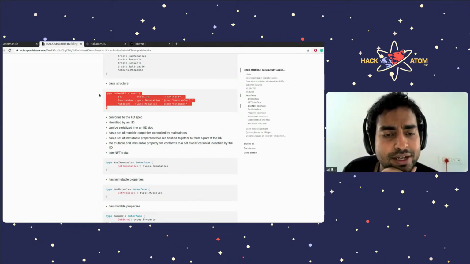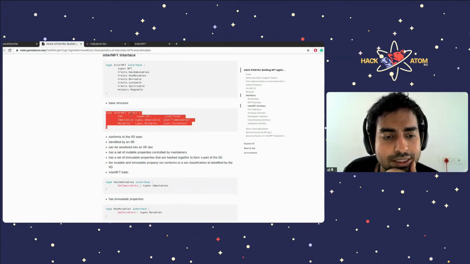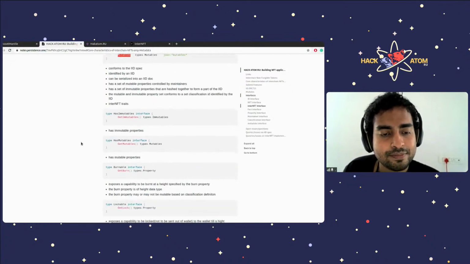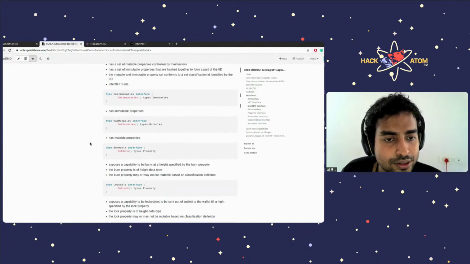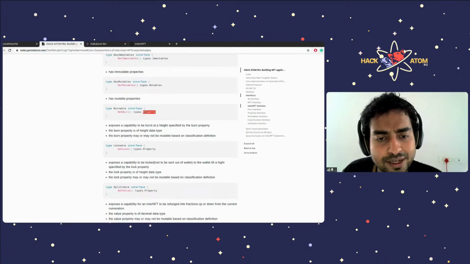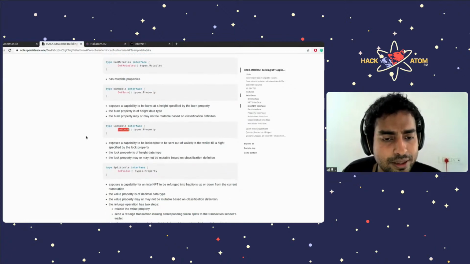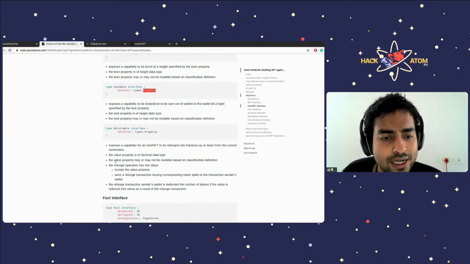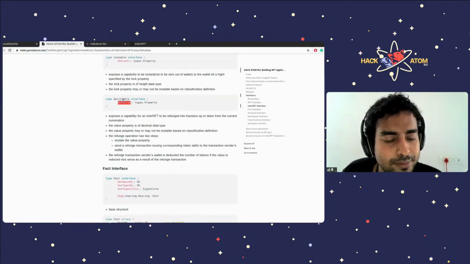A base implementation of the InterNFT interface would look like this. It will have an IID, a bunch of mutables, and a bunch of immutables. The has mutables trait will expose a method called get mutables, which will give me all the mutables. Has immutables will give me the immutables. Burnable will give me a property which will be the lock height. The lockable interface will expose a method called get lock, which will give me back the lock height. Splittable will give me a value property, through the get value method,